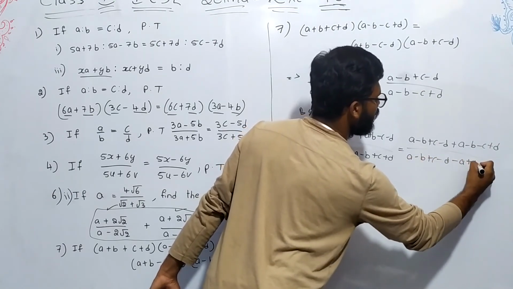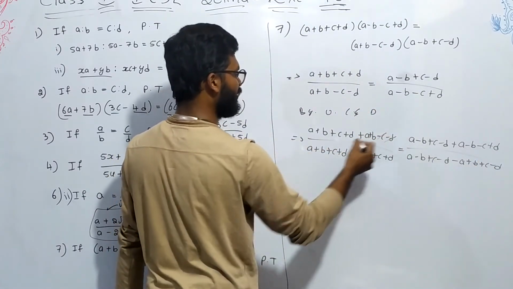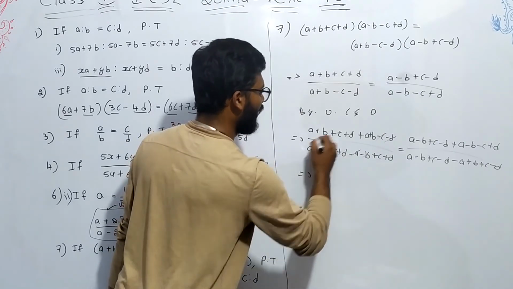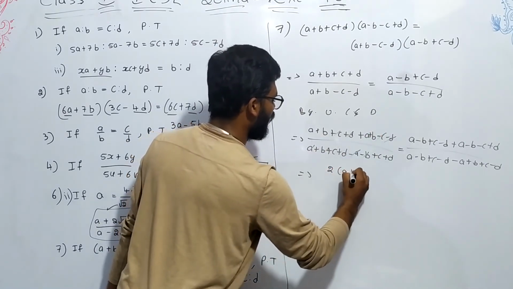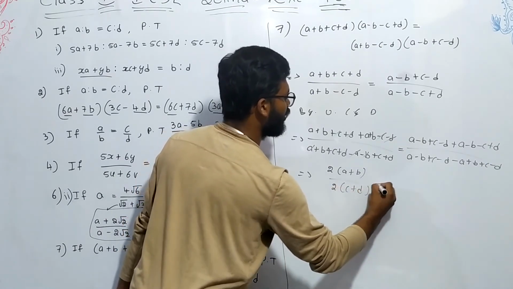The numerator plus denominator is (a + b + c + d) + (a + b − c − d), and the numerator minus denominator means we change the signs, right? So c and d cancel, a and b remain. So 2(a + b) by 2(c + d) is equal to